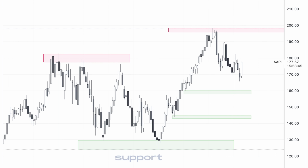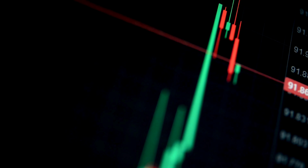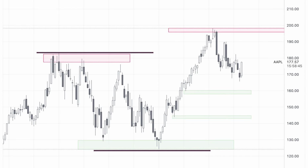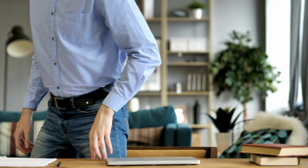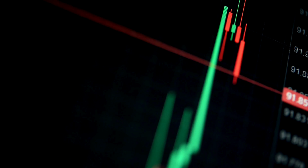Now, you might be wondering, how does one profit from this dance? The secret lies in the rhythm. Traders purchase stock at the tune of the support levels and make their exit at the crescendo of the resistance levels. To safeguard against the unexpected twists and turns of the market, they set stop-loss orders just below the support or just above the resistance. It's all about knowing when to step in, step out, and above all, when to step aside. And there you have it, the art of making money by dancing with the rhythm of the stock